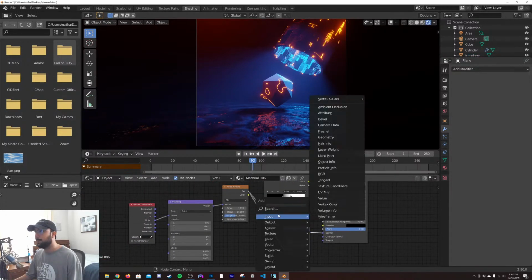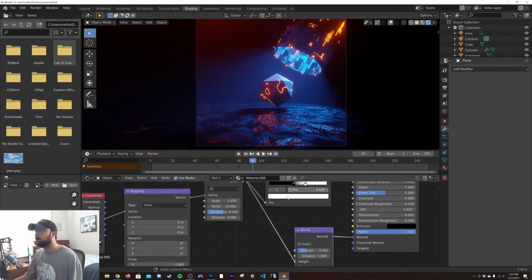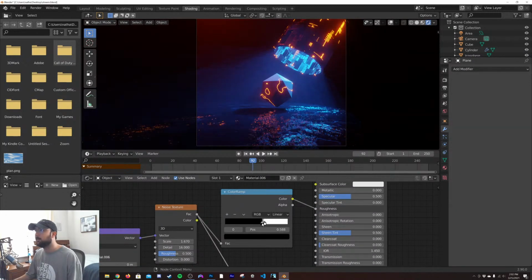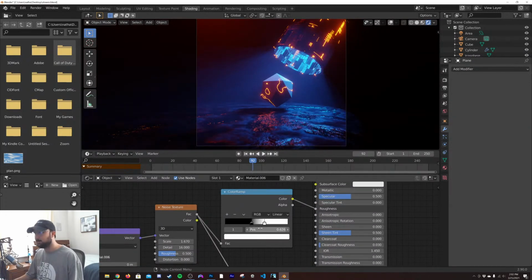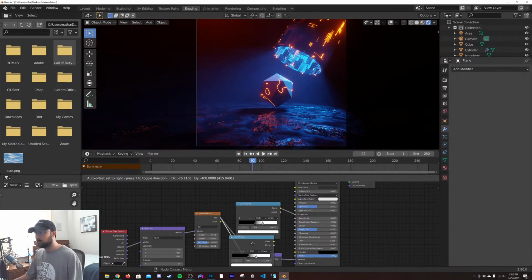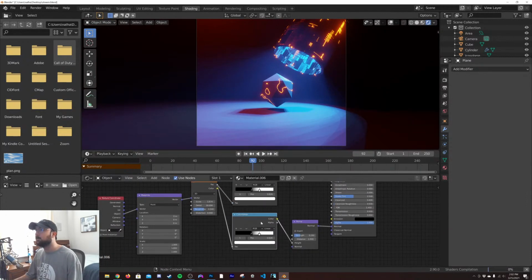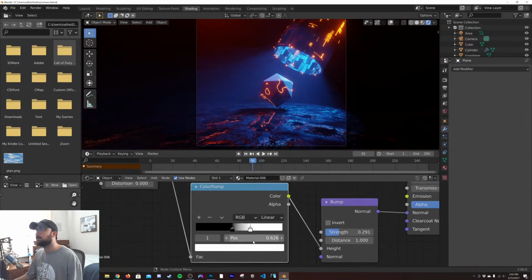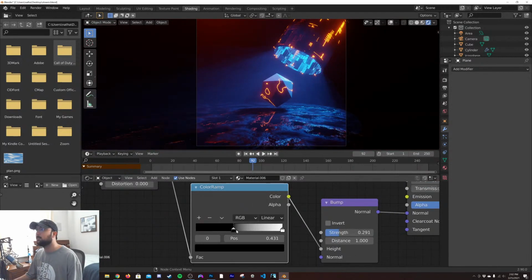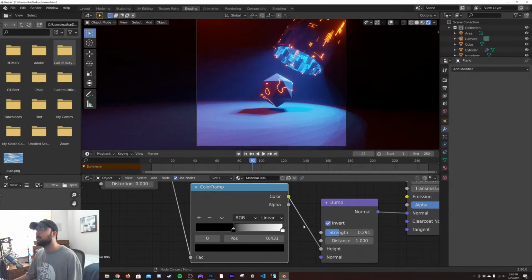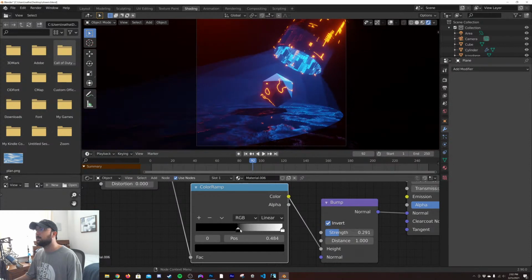Let's see. Let's go ahead and flatten some of these planes here. Oh, no, that's just roughness. Okay. I want to make some of this flat. And then invert. I want puddles, not mounds. There we go.